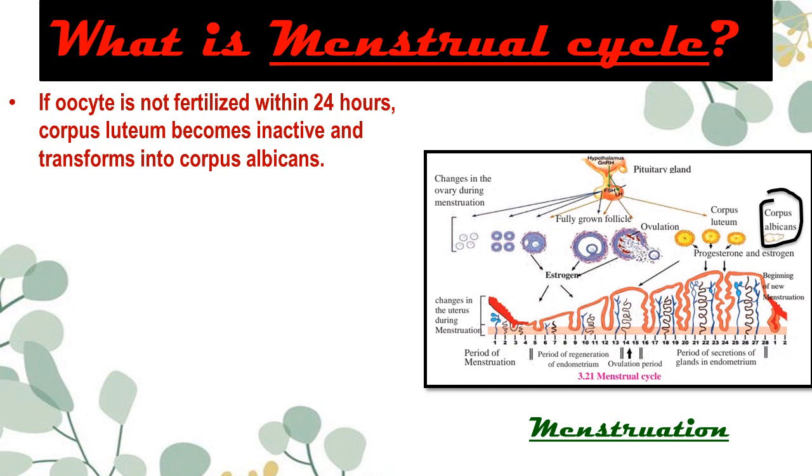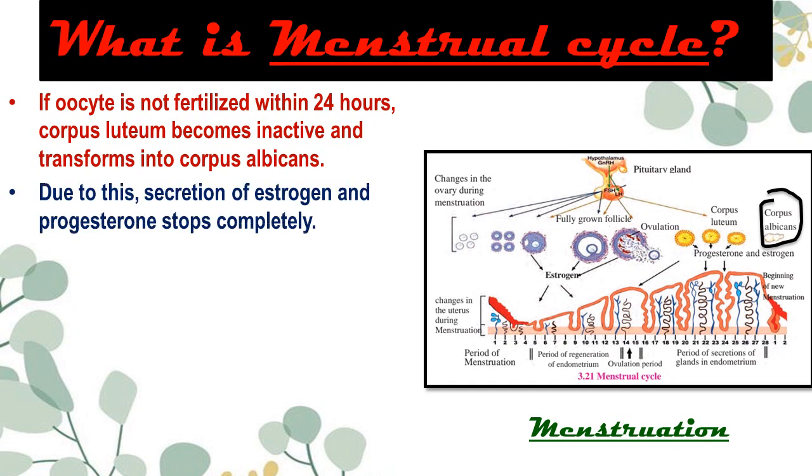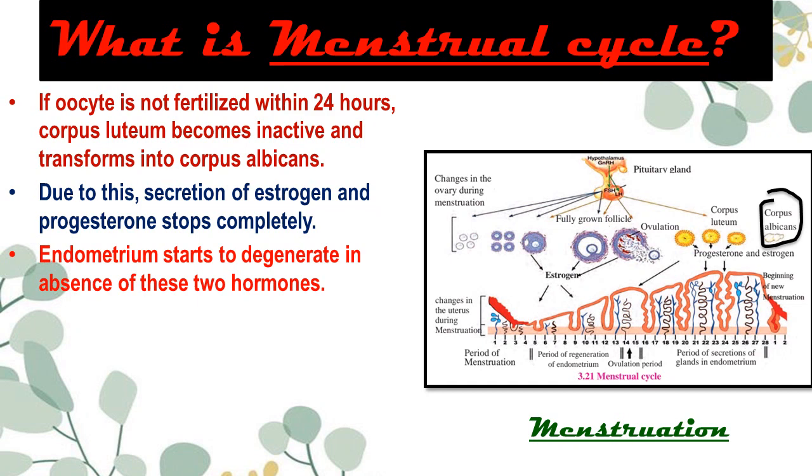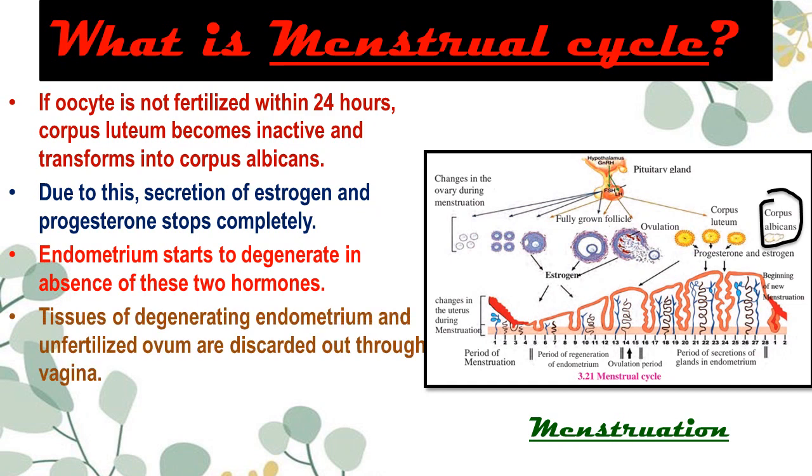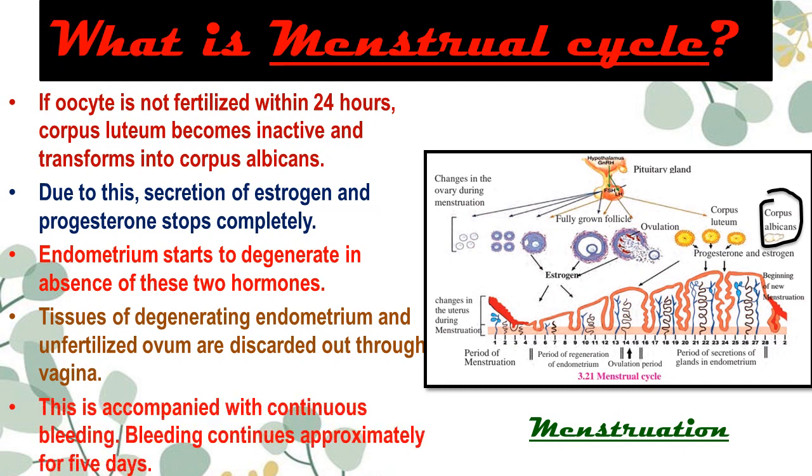Due to this, the secretion of estrogen and progesterone stops completely, and the endometrium starts to degenerate in absence of these two hormones. The tissues of the degenerating endometrium and the unfertilized ovum are discarded through the vagina, and this is accompanied with continuous bleeding